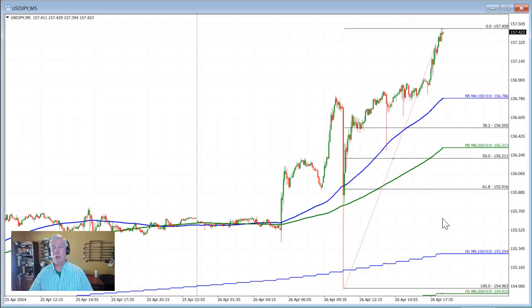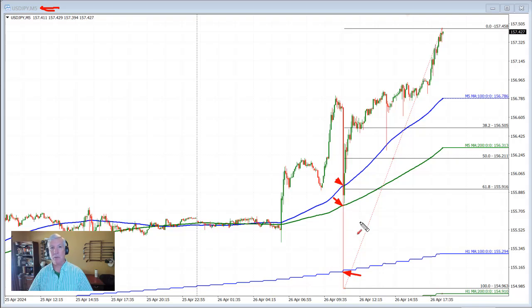If they can't show that they can win something from a technical perspective, they are not winning. And one way to do that is to go to the shortest of time frames that I look at, the 5-minute chart. And if you look at the 5-minute chart and focus here on the 100-bar moving average, yes, the price moved below the 100-bar moving average and the 200-bar moving average right through here. This is off the Bank of Japan interest rate decision, but we did find support buyers just below the 100-bar moving average right here, and the price quickly moved back to the upside, reestablished support against the 200-bar moving average,